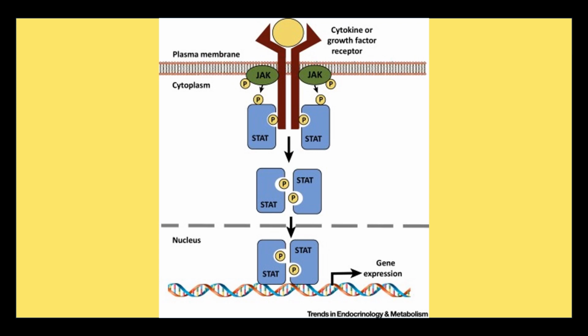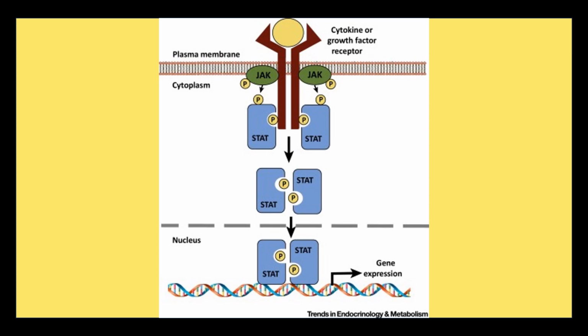There are several types of STATs, each phosphorylated by a particular set of JAK kinases, and all the STAT proteins contain an N-terminal SH2 domain that binds to a phosphotyrosine in the receptor cytosolic domain, a central DNA binding domain, and a C-terminal domain with a critical tyrosine residue. Once a STAT is bound to the receptor,